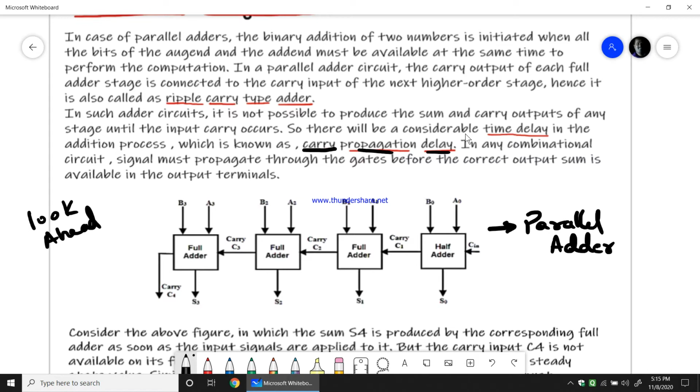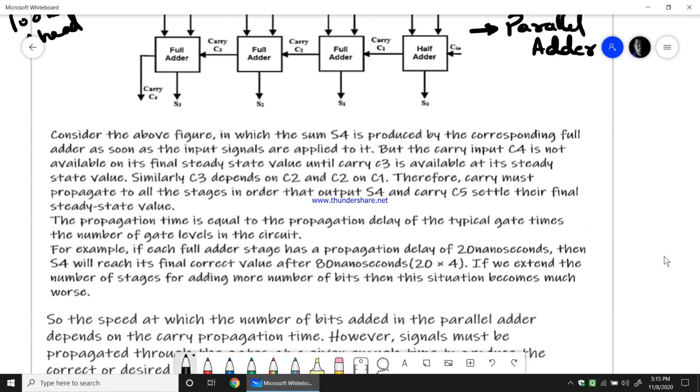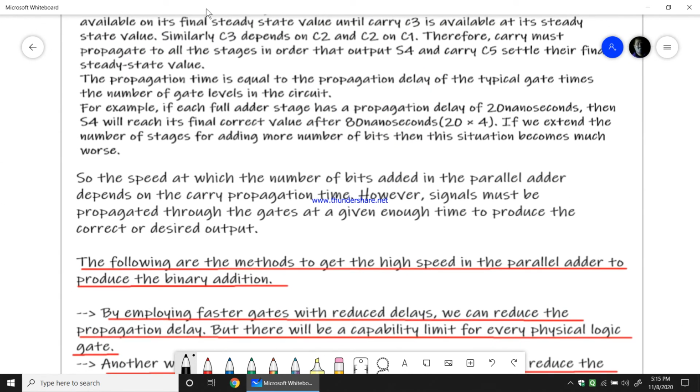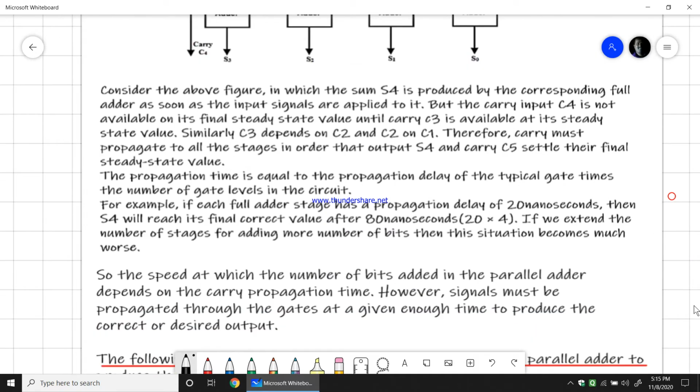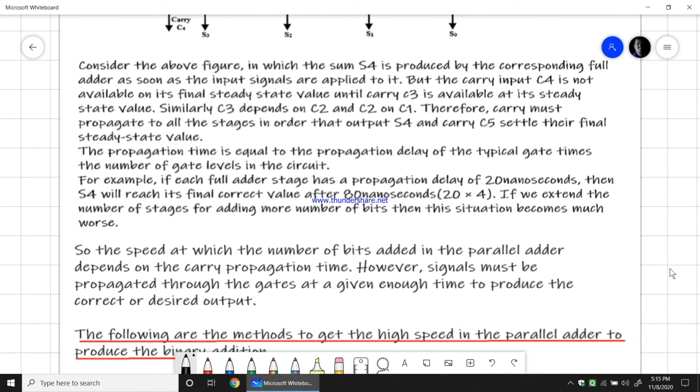That is what look ahead carry is. What does the word say? You are trying to look at the carry ahead of the particular addition process, so that the full adders need not wait for the carry to come. That is where the carry propagation delay gets reduced. So how to design that? That is the major process, and the sentences I have added here you can read by pausing the video if you want.